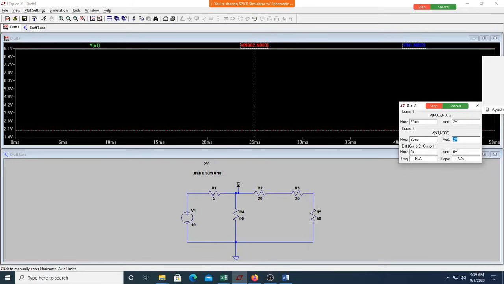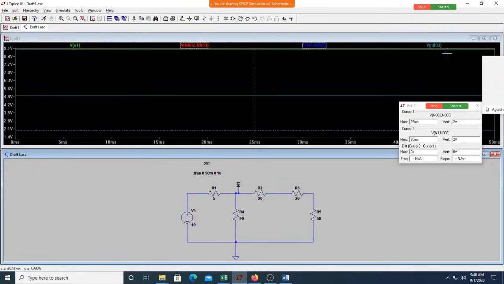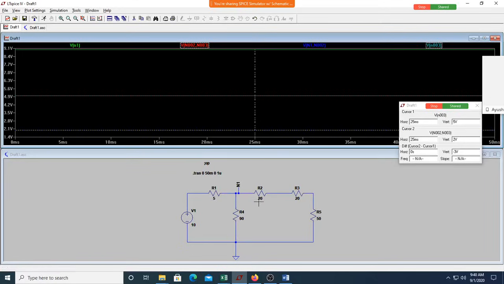How do I measure this voltage? Do I need to use 2 probes or is a single probe enough? Sir, 2 probes. I will go with 1 probe, because the ground is there. Perfect. Because the other terminal is ground, there is no need for 2 probes now. So I can simply connect only one. It will give the voltage across this. Can you see this is now 5? How much is this? 2 plus 2 plus 5 is 9.